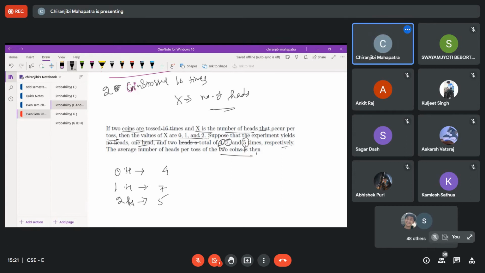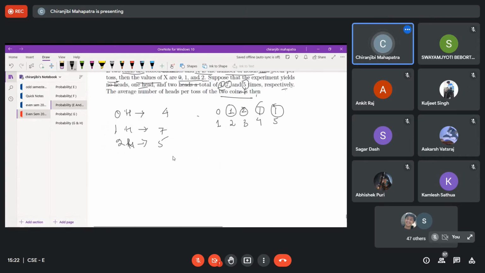How to do it? हम लोग एवरेज कैसे फाइंड आउट करते हैं? x1 x2 x3 dot dot dot xn divided by n. ये करते हैं, बट यहाँ पे क्या है कि इसका मतलब वो ऐसे सोचो, जब फर्स्ट कॉइन टॉस किया इधर 0 आया, सेकंड कॉइन टॉस किया तो मे बी 1 आया होगा, थर्ड कॉइन टॉस किया जैसे कि मे बी 2 आया होगा, फोर्थ कॉइन टॉस किया ये भी 1 आ सकता है, फिफ्थ कॉइन टॉस किया वो आ सकता है। तो ऐसे करके हमें हर किसी को काउंट करना पड़ेगा ये सब।